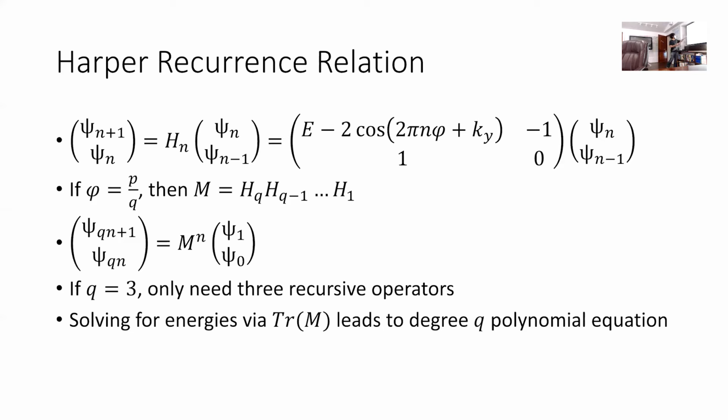Basically, you would keep applying this matrix, but you would eventually find that there's only a finite number of them when I have a finite number of bands. So through this equation, after we've also analyzed the butterfly previously a lot, we know that this q relates to the number of bands. And then it turns out each band has this associated operator that is part of the recurrence relation, such that